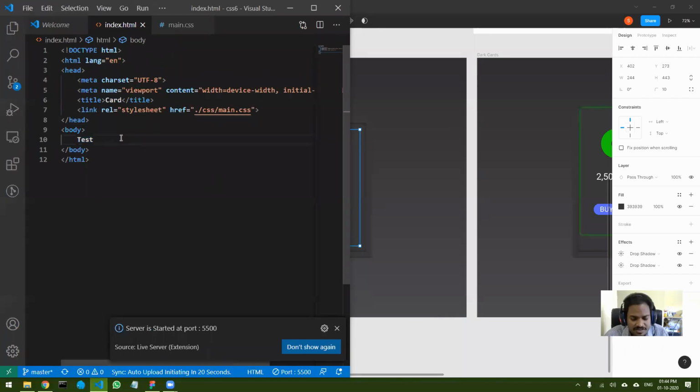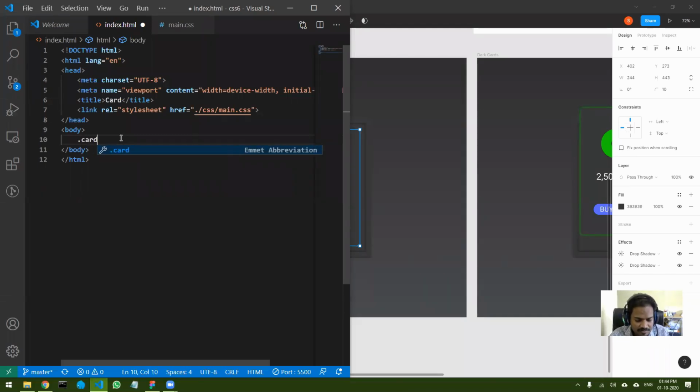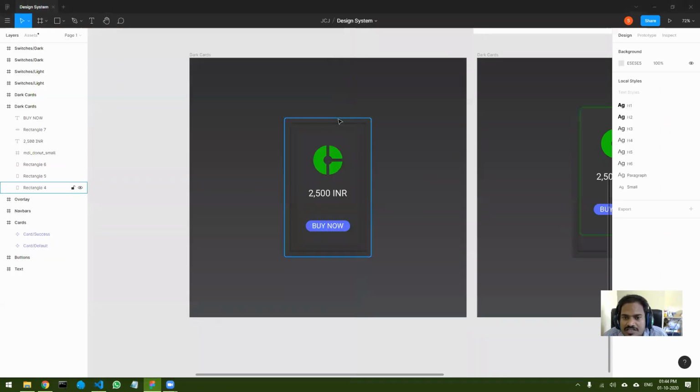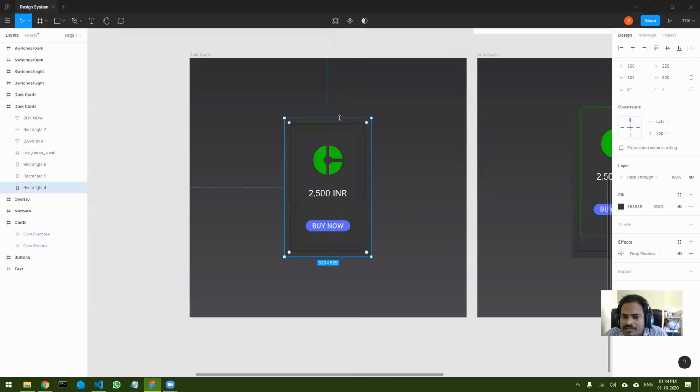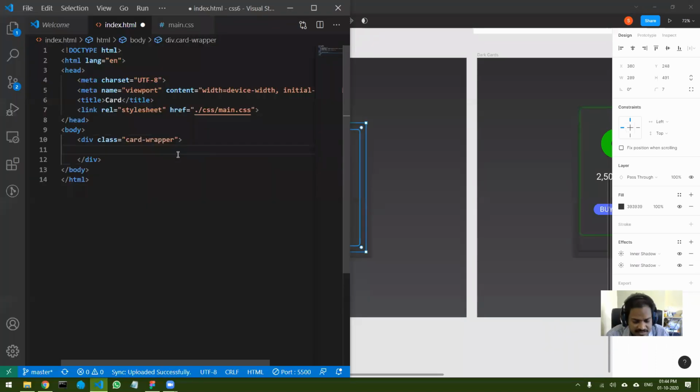So first let's set the structure. Let's call it card wrapper. I'm going to call it card wrapper. So this is my outer div. Then this I will call inner wrapper.